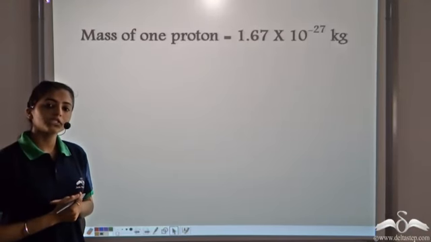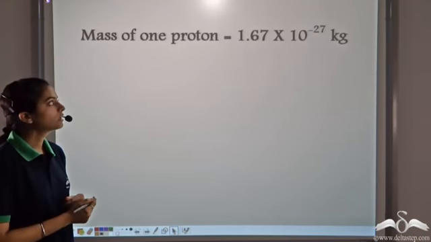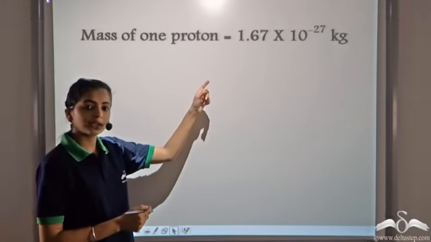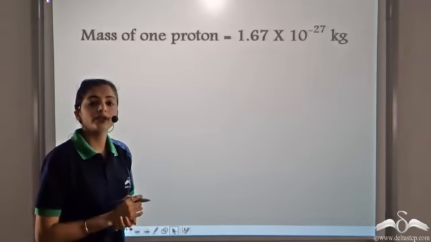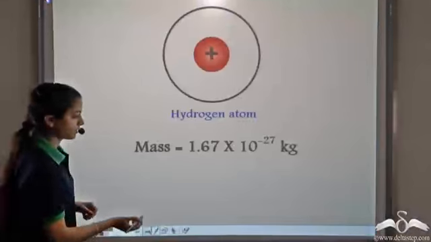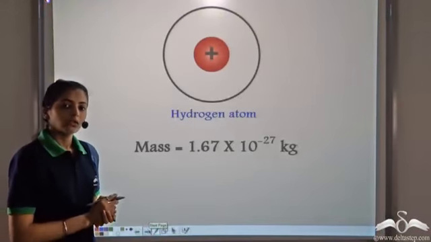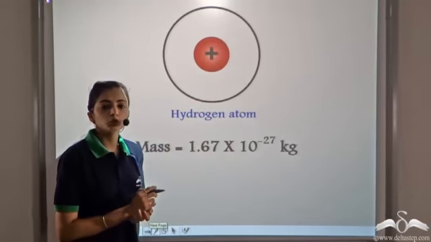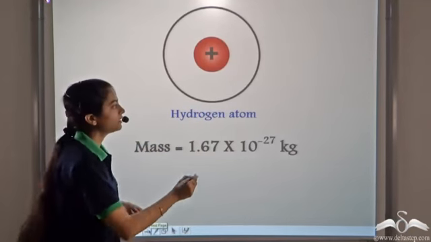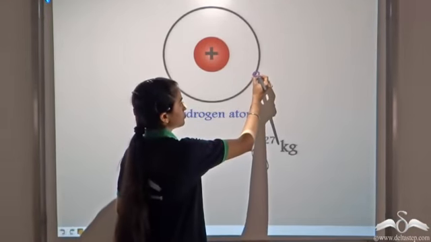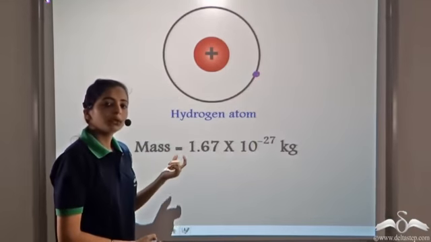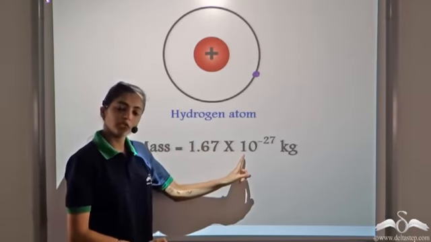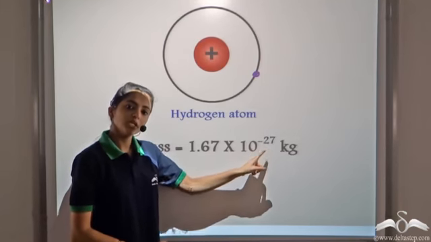A number of experiments were performed and it was shown that the mass of one proton is 1.67 into 10 to the power minus 27 kg. A hydrogen atom has only one proton, no neutrons, and one electron. But the mass of a hydrogen atom is 1.67 into 10 to the power minus 27 kg, which is the